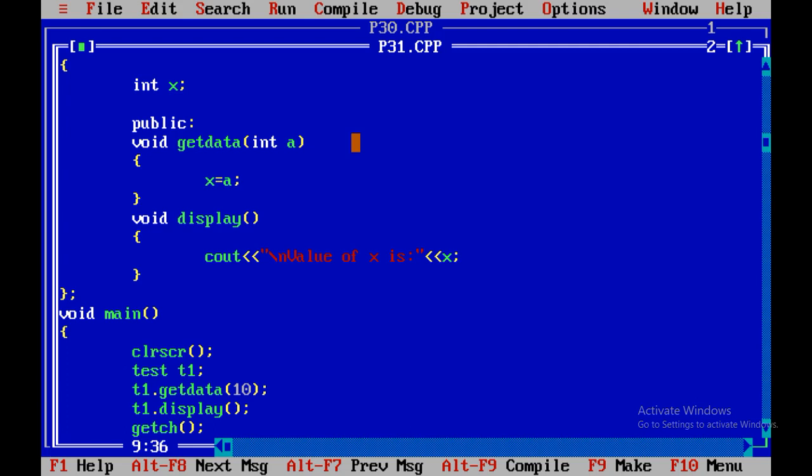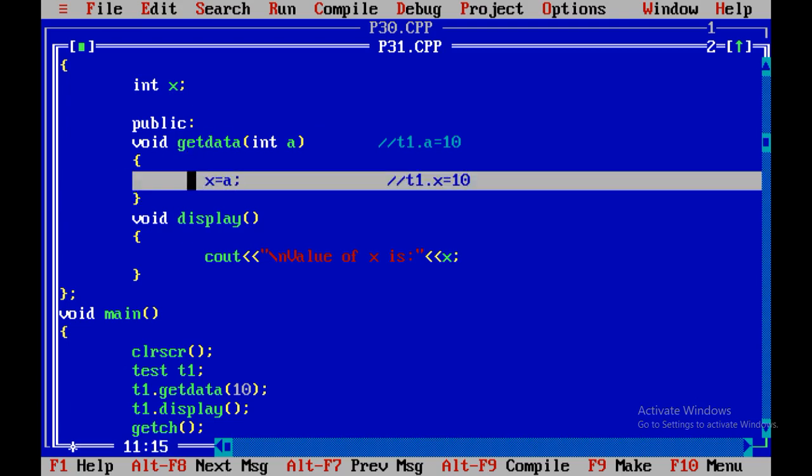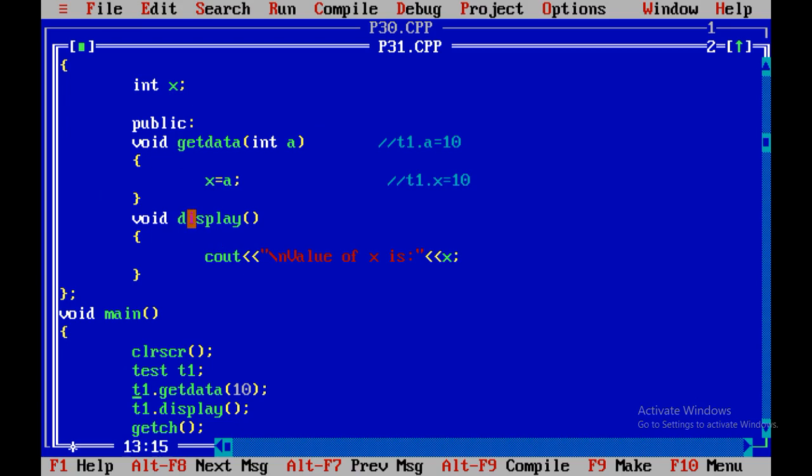So here t1.a equals 10, and similarly t1.x equals 10 with this line. After that t1.display, so I have called the display function, and value of x is 10.